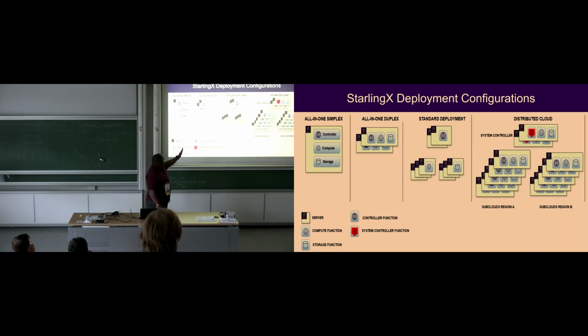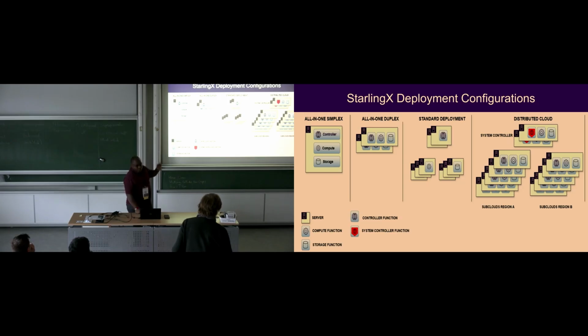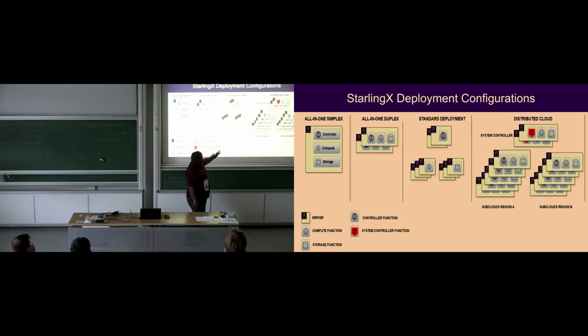So the next deployment configuration is the beginning of your HA, where you have two all-in-one servers providing high availability, and each server has all functions as well: compute, storage, and control functions. And then this is probably the better deployment where you have dedicated servers for each function. You have two controller functions and then multiple storage and multiple compute, and storage and compute can scale appropriately based